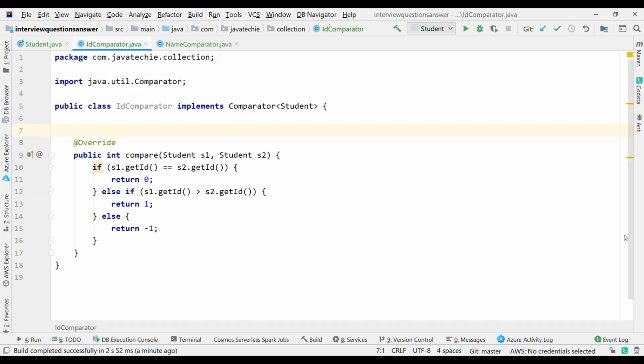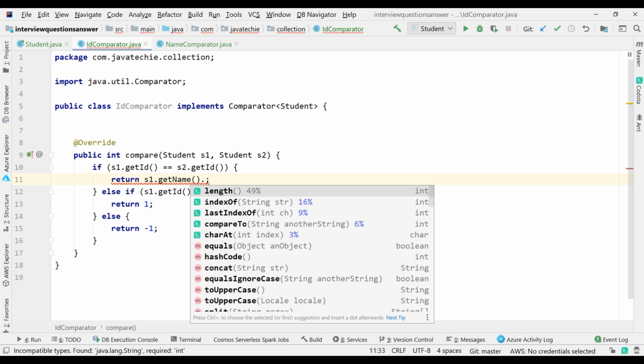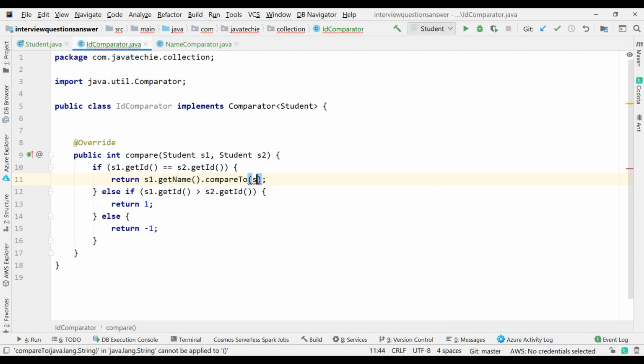Here only you can do this logic. If both the IDs are the same, then simply sort based on the name: S1 dot get name dot compare to S2 dot get name, right? So this comparator basically sorts based on the ID. If it finds both the IDs are the same, then it will sort based on the name.